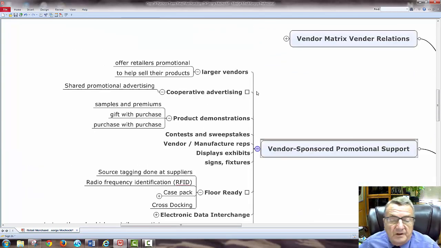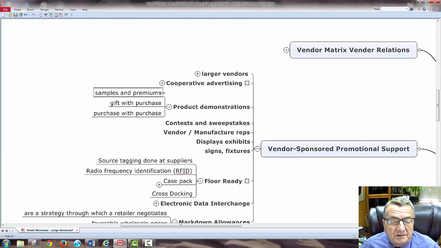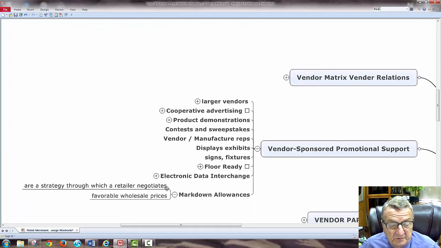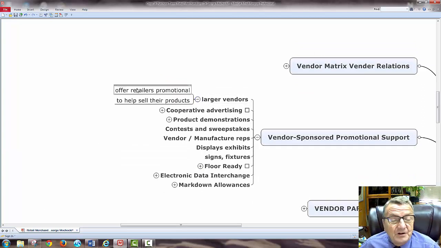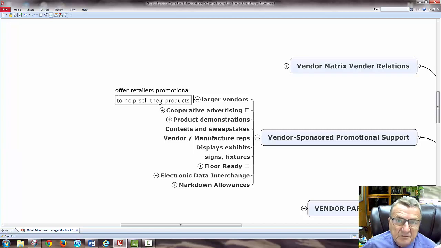Okay, larger vendors. Let me just get all this done here real quickly, so you guys aren't surprised. Larger vendors offer retail promotions to help sell the product. The larger ones have the most to lose because they don't want to get stuck with the inventory. And once they have their